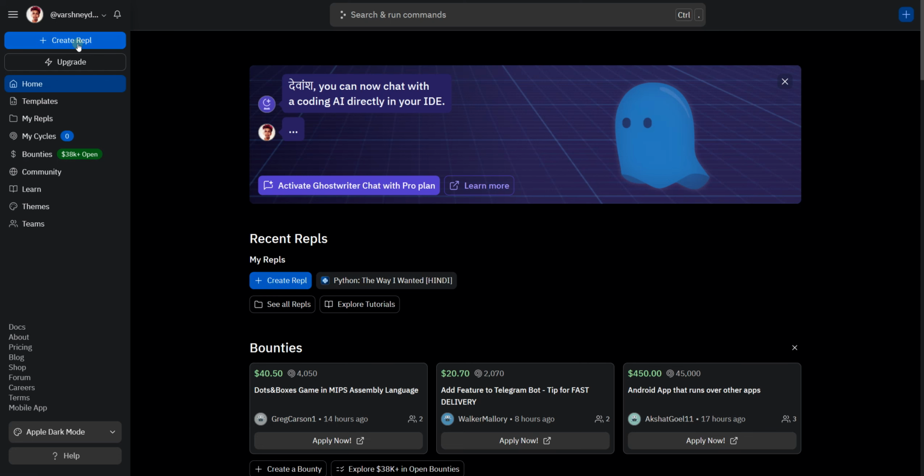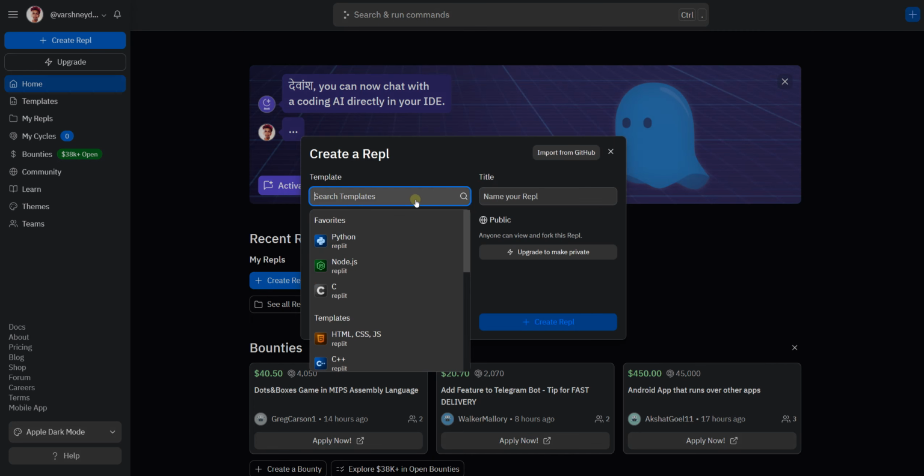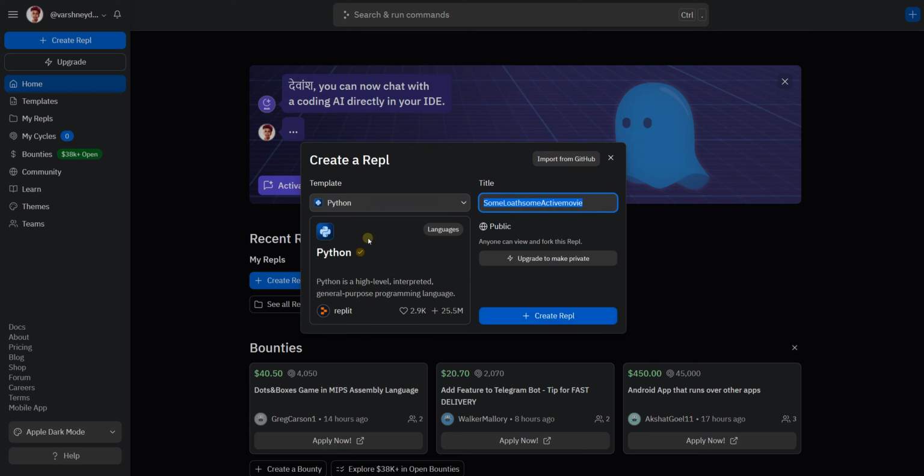All you have to do is create a REPL and then use the template. We're learning Python right now, and name something here. I'm gonna name it Python the way I want it. It's gonna be English default. You can name anything you want. I want you to name it by yourself. Learn this way. Okay, so just create REPL.